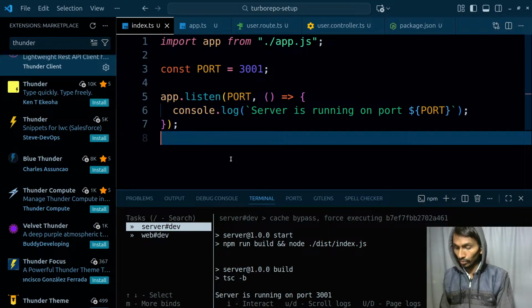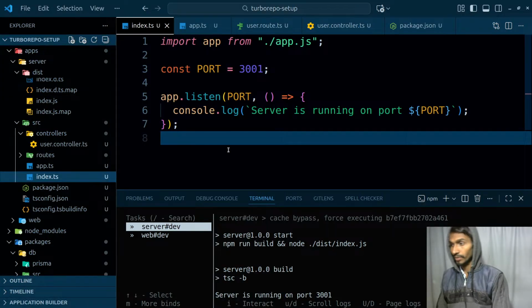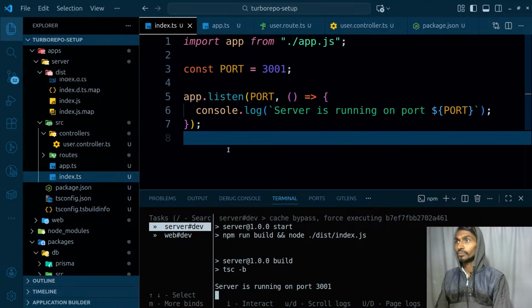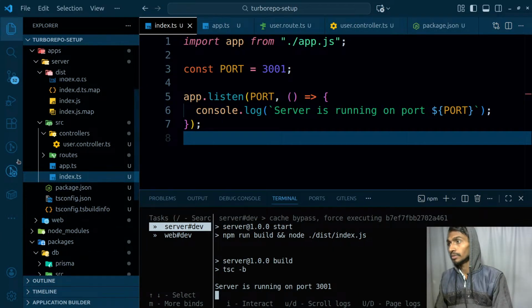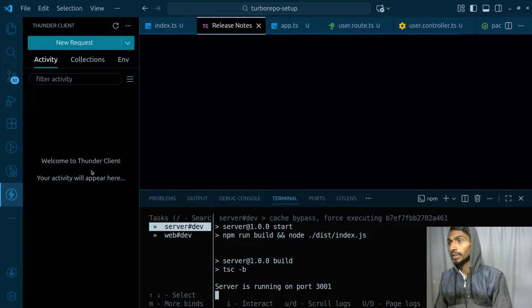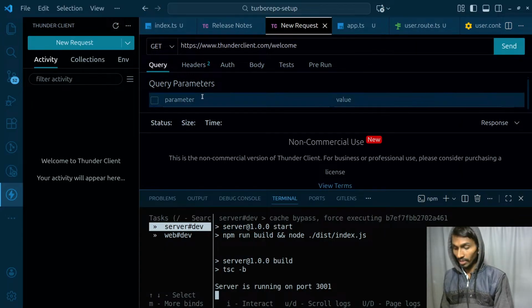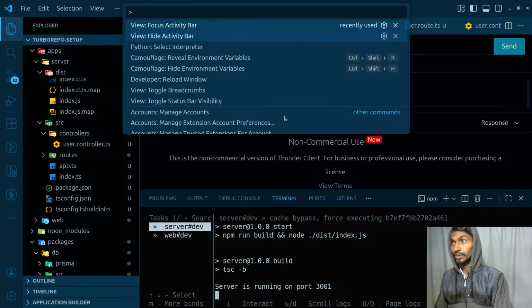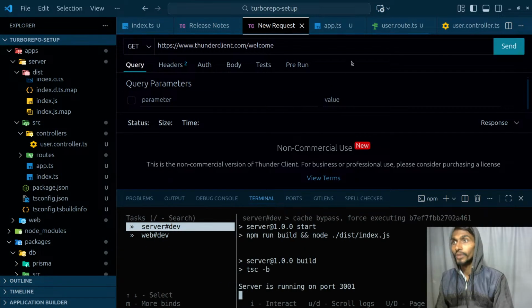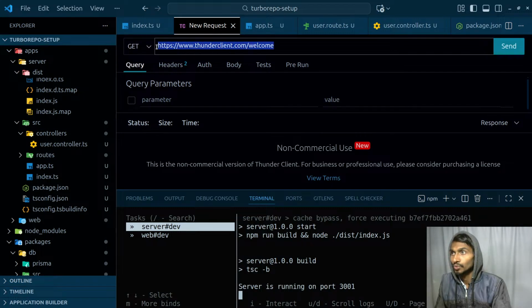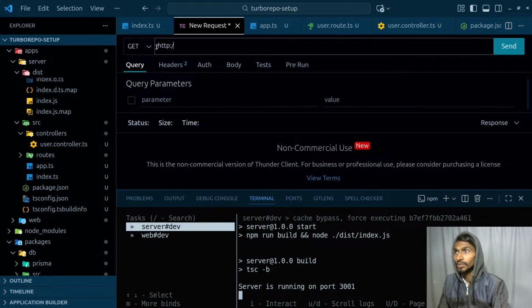After that, Control Shift E. I even need my Thunder Client over here, so the activity bar, and Thunder Client. Control Shift R is for this. Never mind. This is the request that I'm gonna be having over here. Control Shift E, and not only that, Control Shift P and hide activity bar right now. And let's close this from here. And over here, I will be just having the URL, and that's gonna be